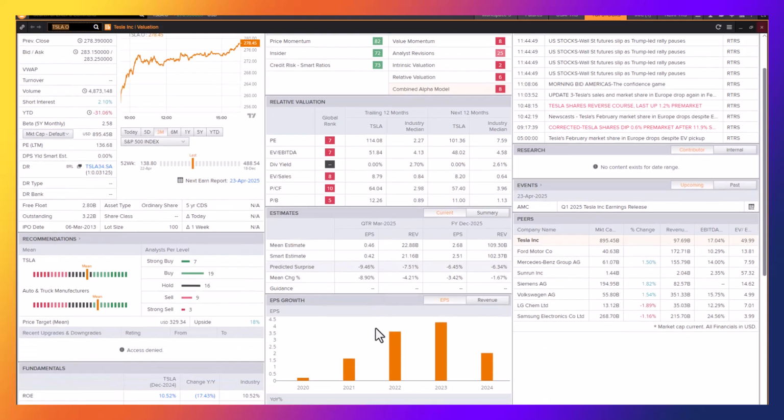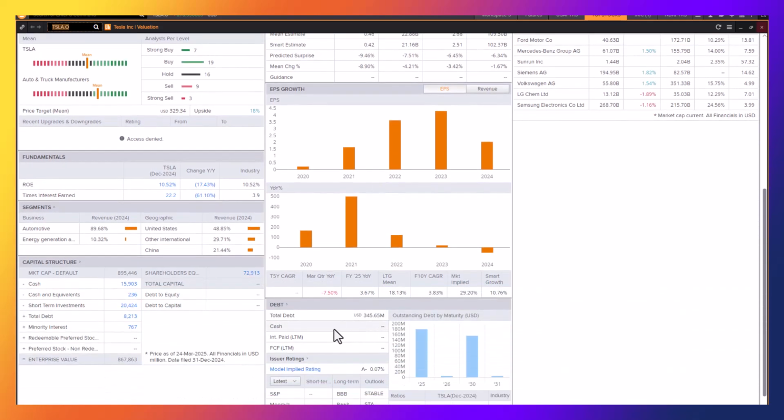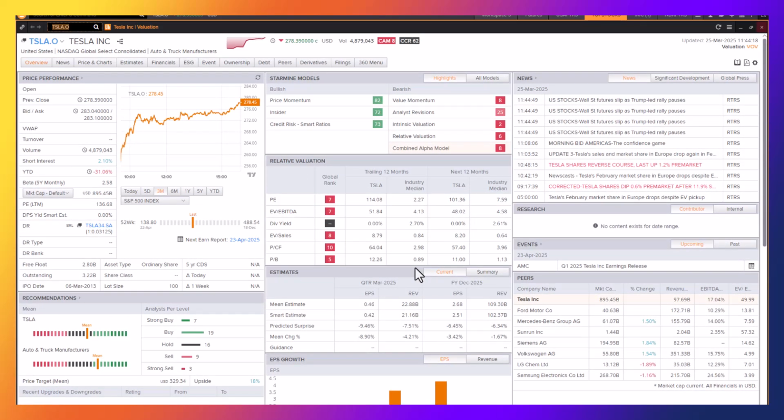And the long-term growth rate that the current stock price is implying is about 29 to 30%. So you can see the current stock price implies over the next couple of years a 30% growth rate. So there's quite a lot of work for Tesla to do in terms of bolstering the earnings growth, etc. But the swing trade was purely done on a cloud chart swing trade rebound, a technical rebound, and we looked at